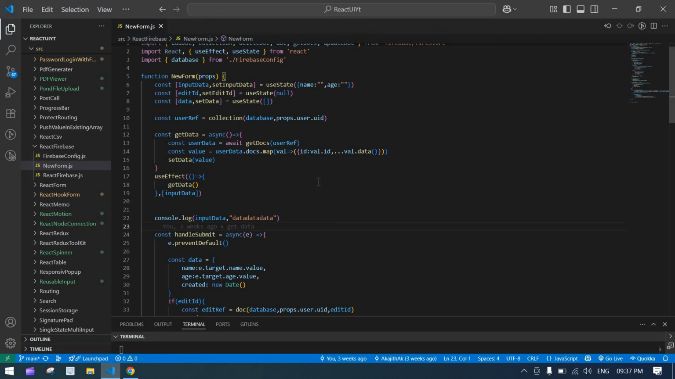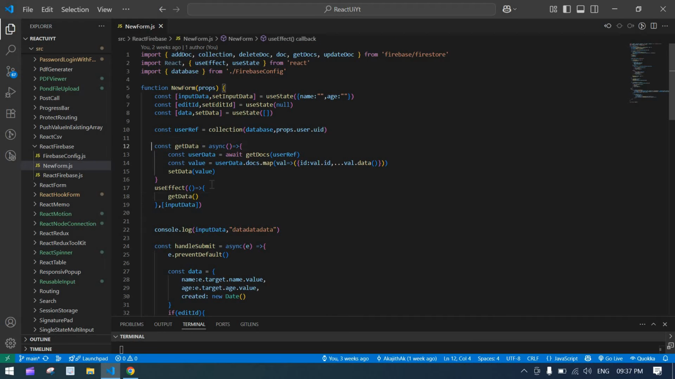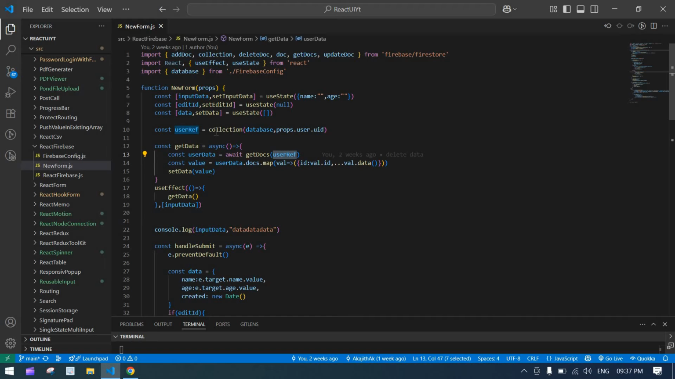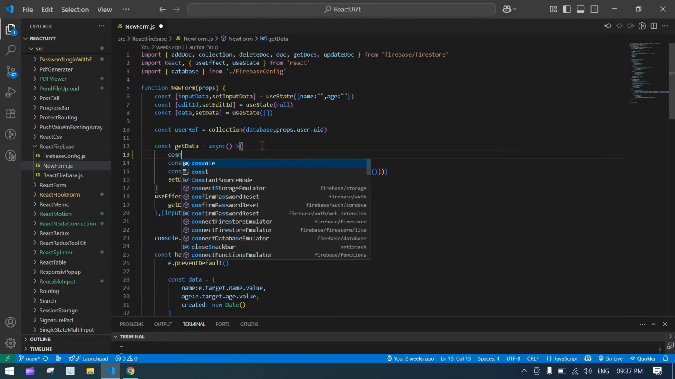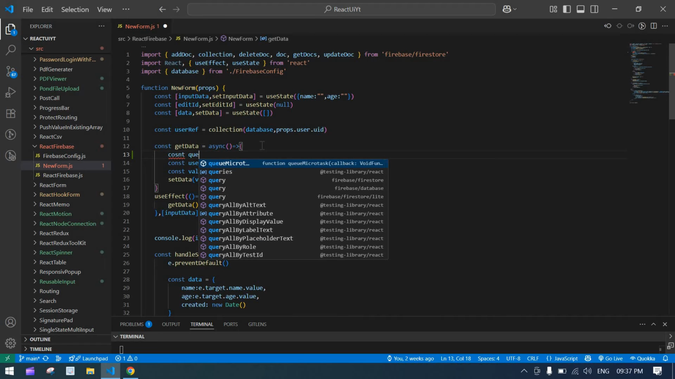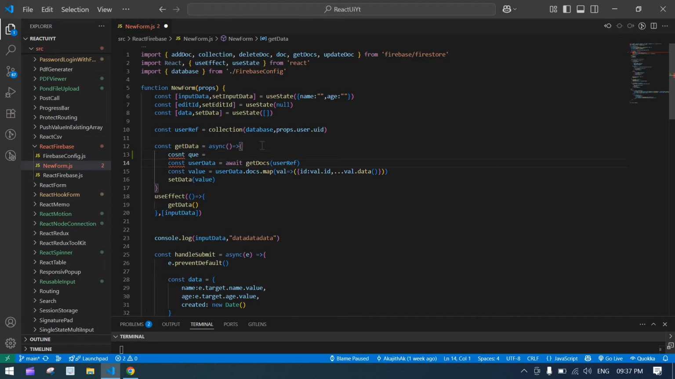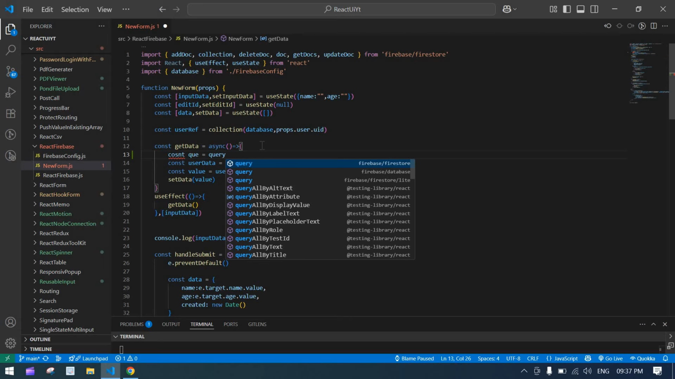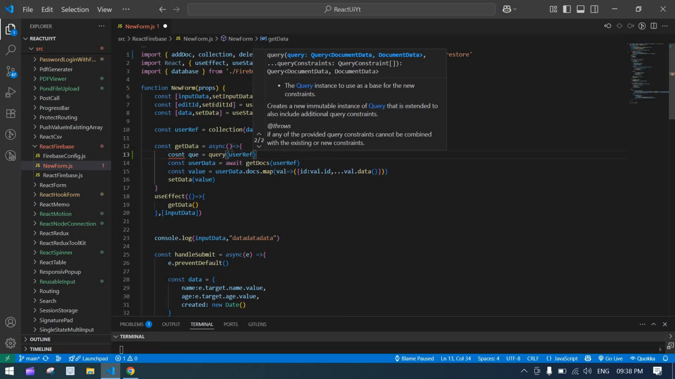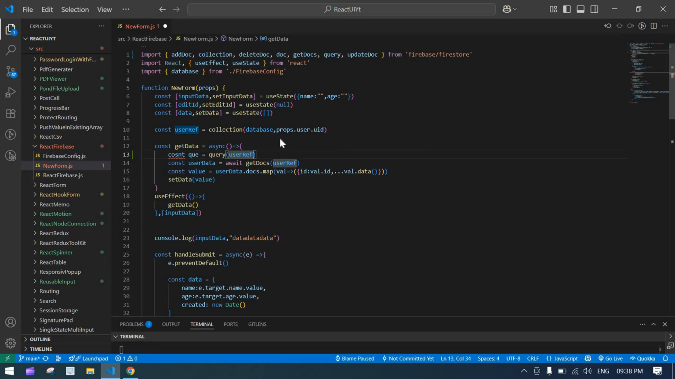Okay, so here, see, this is our get data function. What I'm going to do here: I'm directly passing this collection, so instead of passing that directly, I'm adding const q, for query. This query is coming from Firebase. See, here it is imported, and inside that query we need to pass this collection, and we're